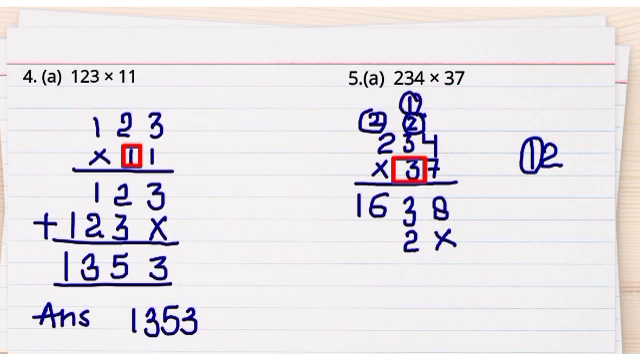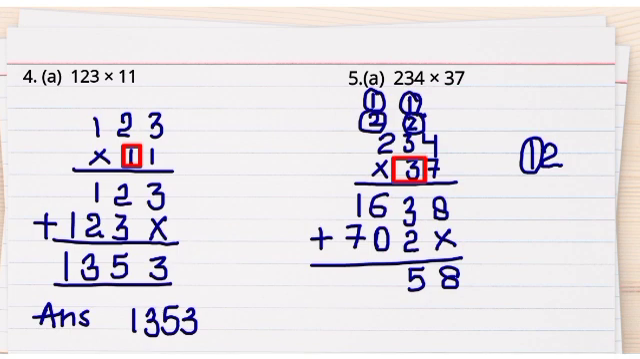1 will be here. 3 3s are 9 plus 1, 10, again 2-digit number. So you will just put here 0 and 1 will be carry forward. 3 2s are 6 plus 1, 7. Now add them. 8, 3 plus 2, 5, 6 plus 0, 6. 0 means nothing. It means you are adding nothing and 6. So it will remain same. 7 plus 1, 8. So your answer is